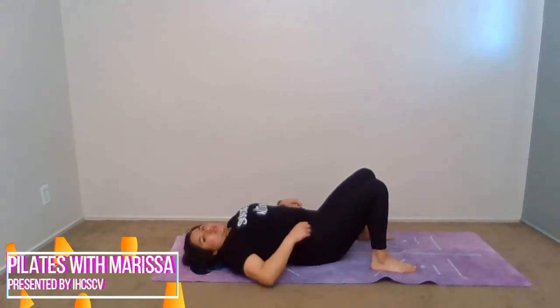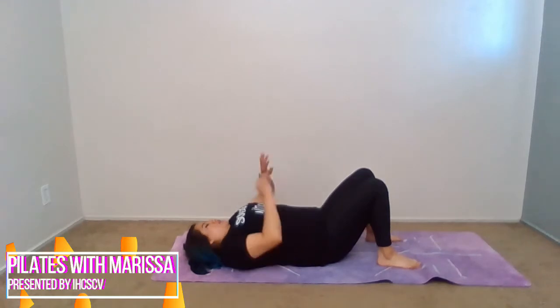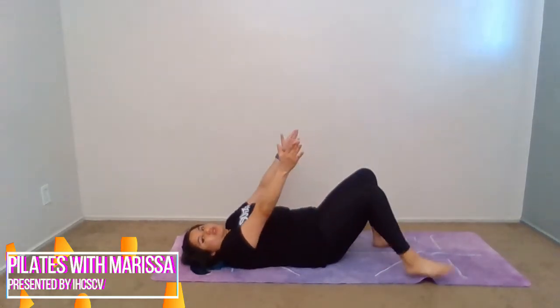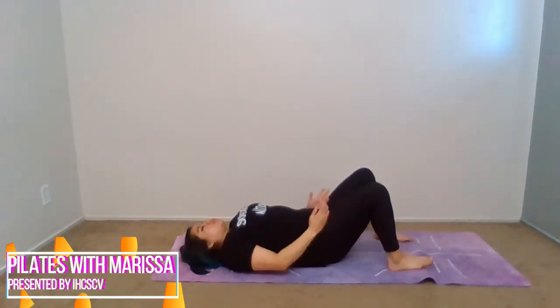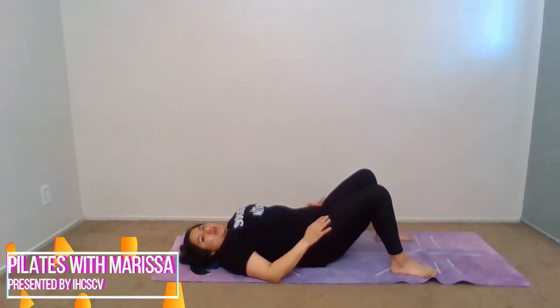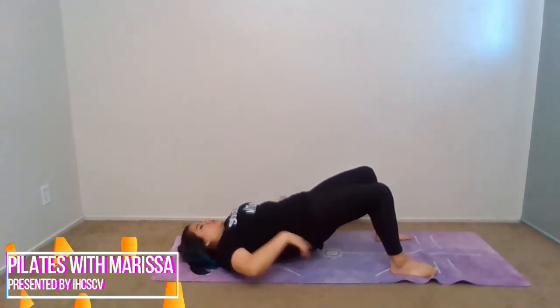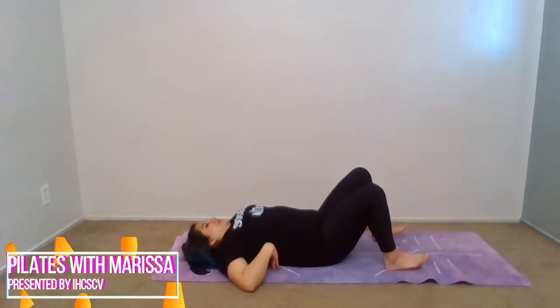All right, so for our next one, we're gonna go ahead and go into a glute bridge. Okay, if you have any issues with your hamstrings, I would suggest you bring your feet a little bit wider, okay? Otherwise, keep them hip width apart. We're gonna start off by bringing our hips up off the floor, squeeze the glutes. You only wanna come up to where your rib cage begins, okay? And drop down. 1,